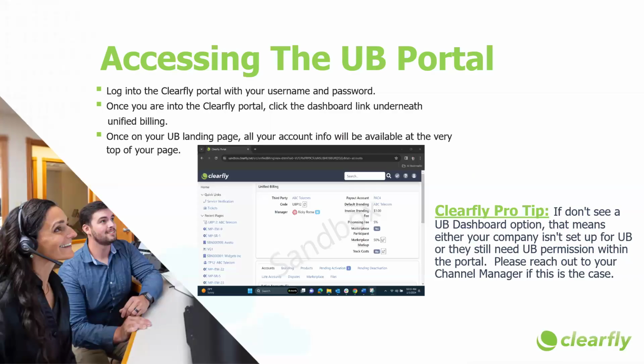Accessing the UB portal, right? So the first thing you're going to do is log into the Clearfly portal with your username and password. Once you're into the actual portal itself, you can click the dashboard link underneath the unified billing. That's going to be the UB. That's going to bring you to your UB landing page. All your account info will be available at the very top, as you can see, and we'll go into that in a minute. If you don't see this option at all, just a tip, either your company isn't set up or you still need permission from UB within the portal to access it. If that's the case, please reach out to